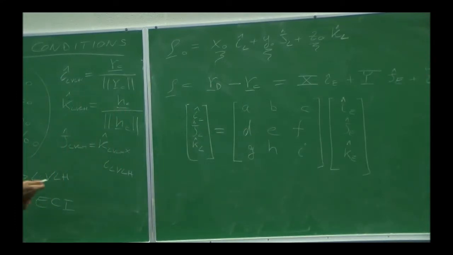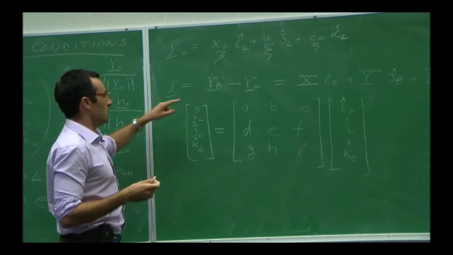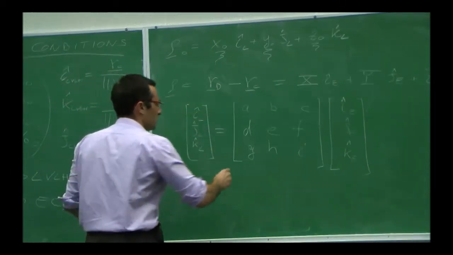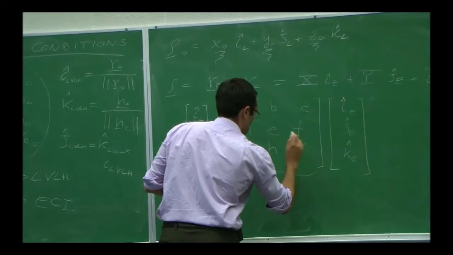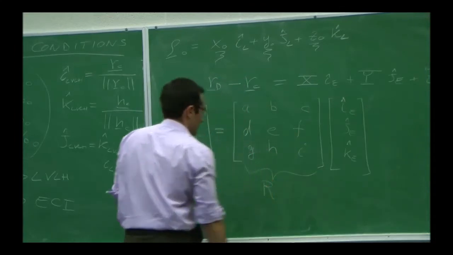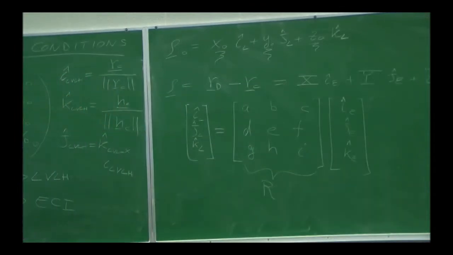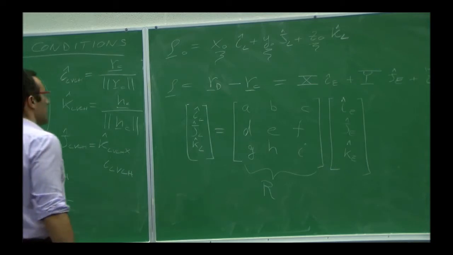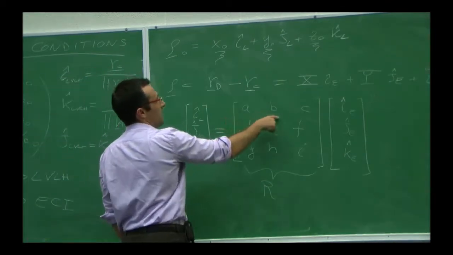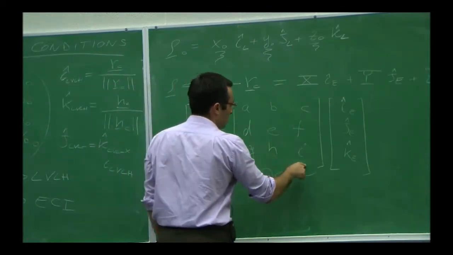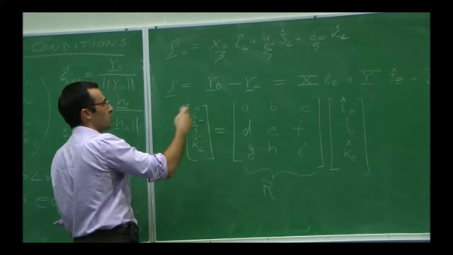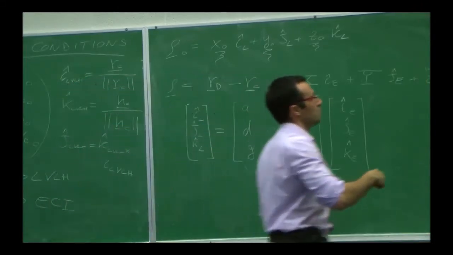So I had a question at some point. Why is this? Let me call this matrix R, for example. But it's also sometimes called the direction cosine matrix, which you must have seen in other classes. It's called that because the elements in the matrix are actually the cosines of the angles formed among these unit vectors.